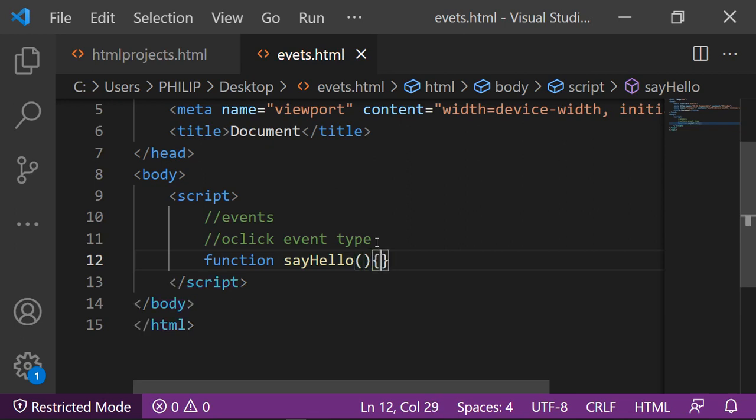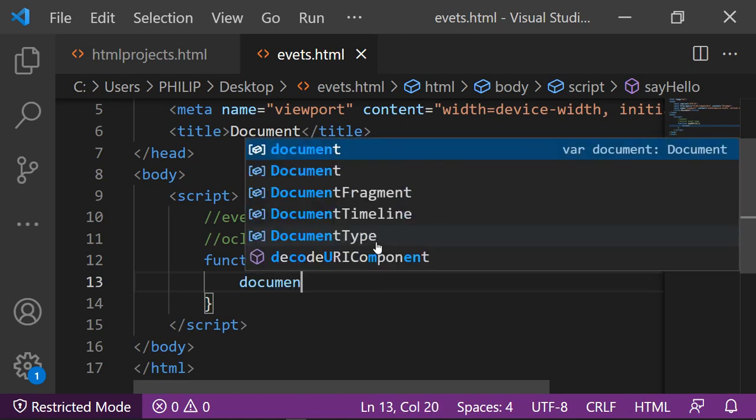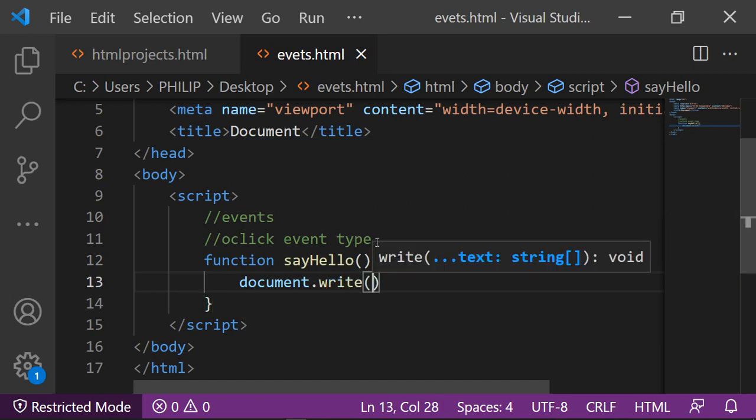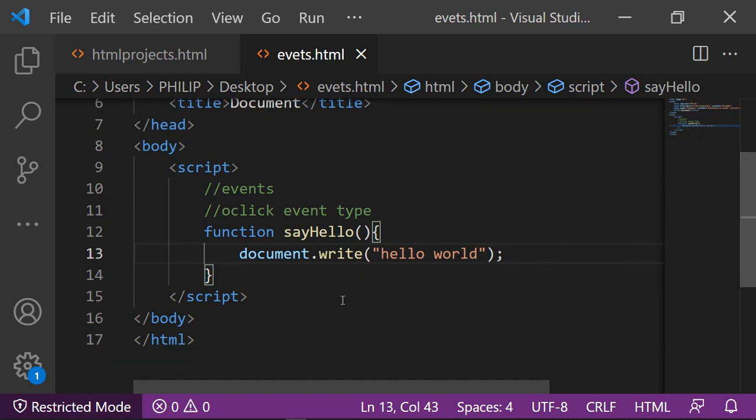Then we'll have document.write, then hello world, then the semicolon. Right, now after the JavaScript code,